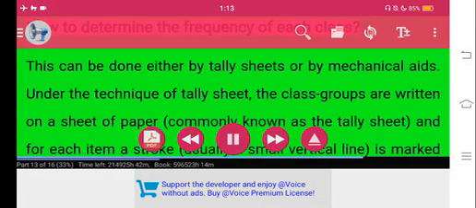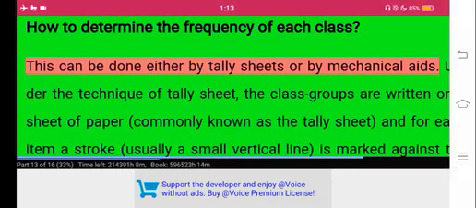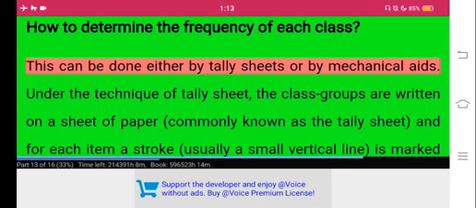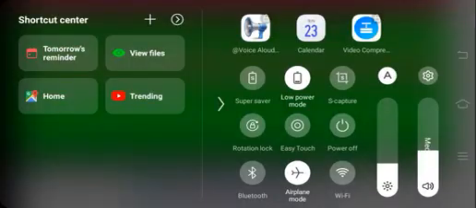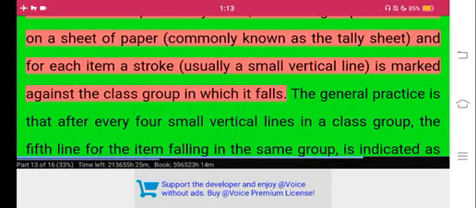How to determine the frequency of each class. This can be done either by tally sheets or by mechanical aids. Under the technique of tally sheet, the class groups are written on a sheet of paper commonly known as a tally sheet, and for each item a stroke, usually a small vertical line, is marked against the class group in